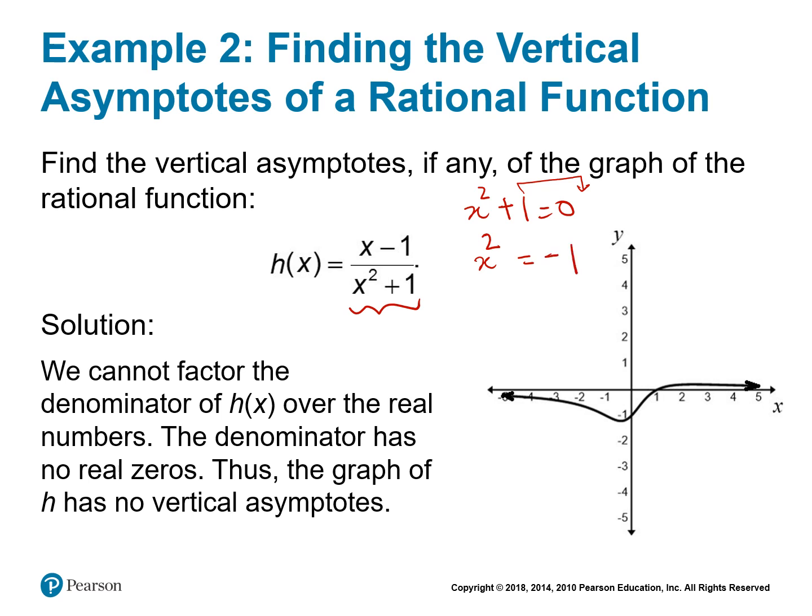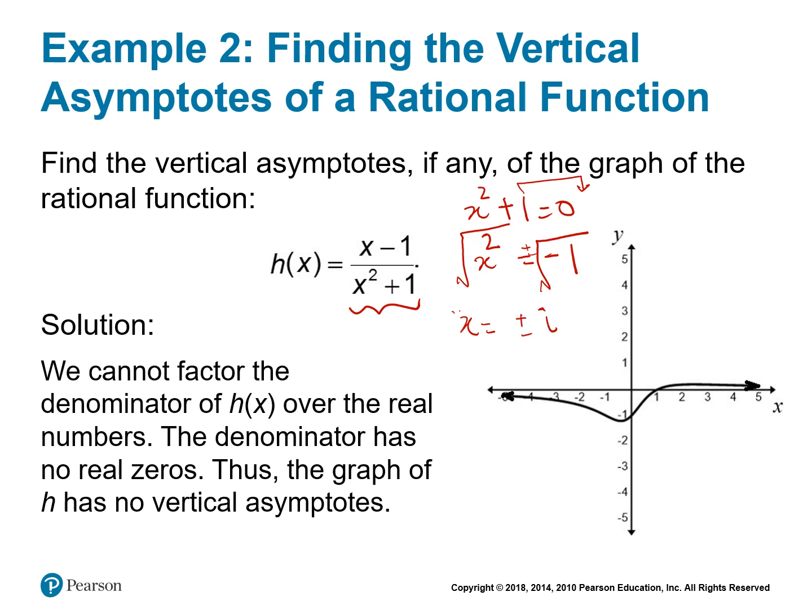And then we take the square root of both sides. Okay, and then we see that we have ended up taking the square root of a negative value,